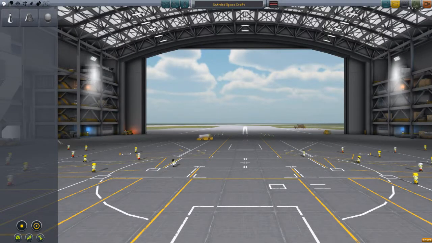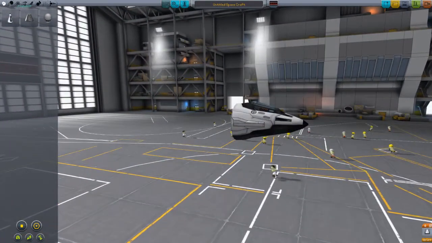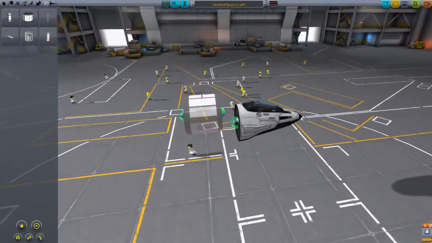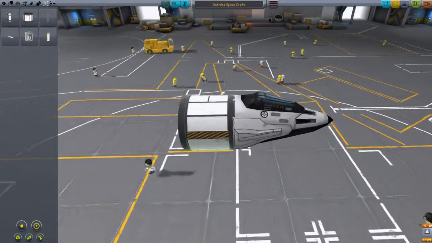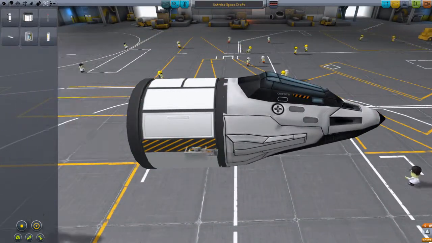Today we're going to be going to the pole of Kerbin, because we haven't been there yet. So, I know last episode I did develop a jet plane type thing. Now, the reason I'm now building a new science vessel is because I was a bit...